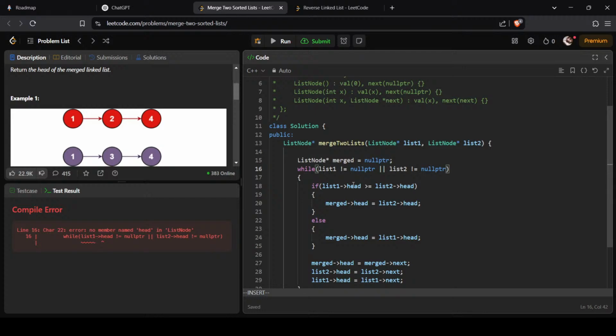Oh, this has to be value, not whatever. CW value. Merged. So this would be merged, just merged, I guess. And then this is gonna be list two value. Okay. And then same here. So CW. And then this is just